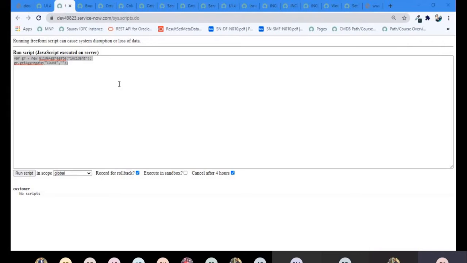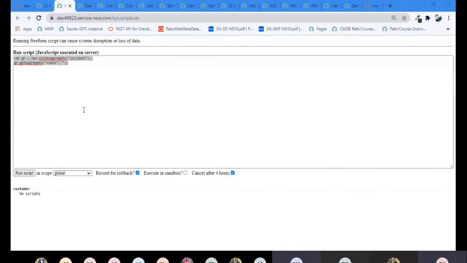So do you know what problem you have here? For example, you have put variable count, so count is your glide aggregate object, correct? Variable count equals new GlideAggregate. You have passed a table name, that is correct. Now you did count.addNotNullQuery, that is also fine. Now you did count.query, that is also good. No problem here.